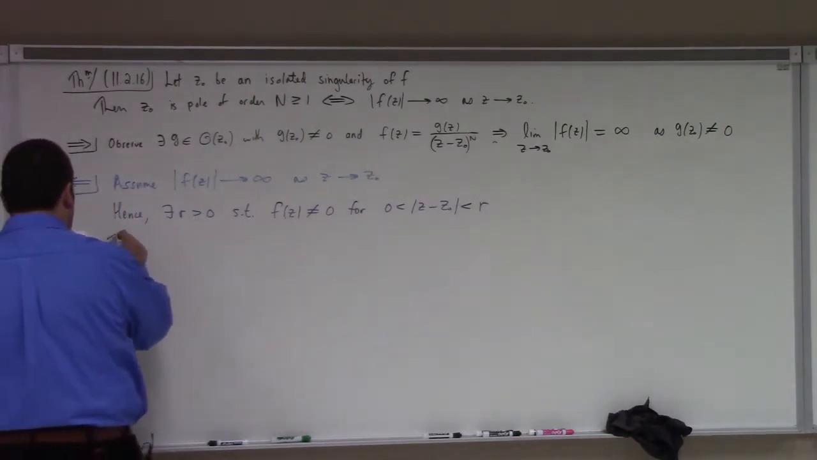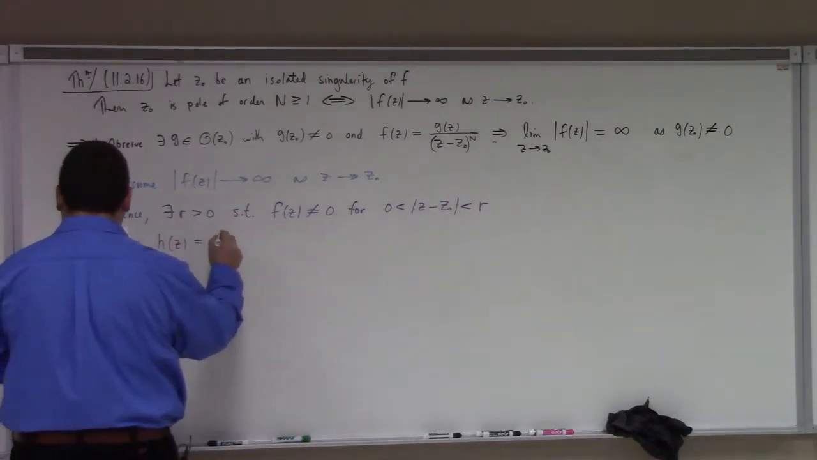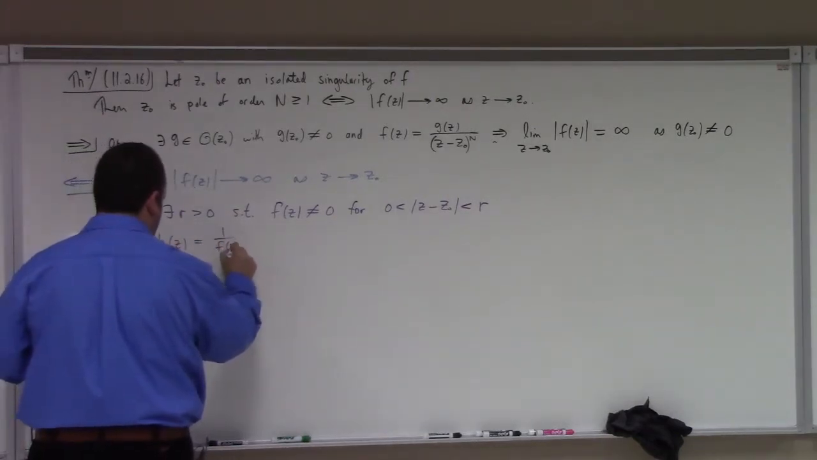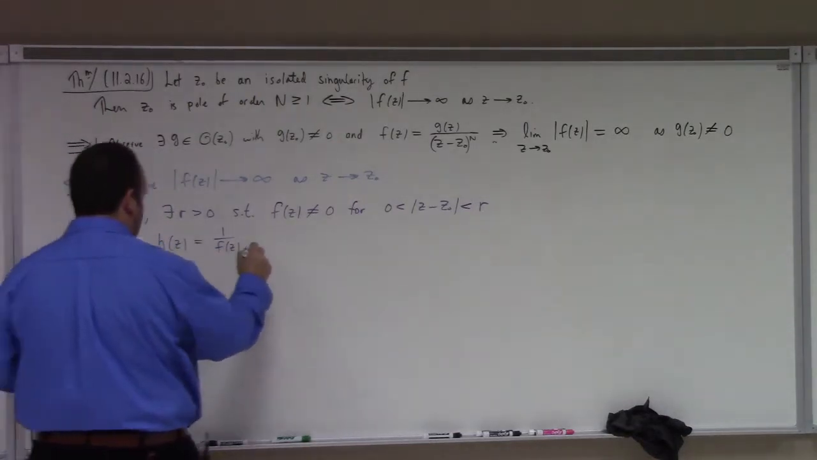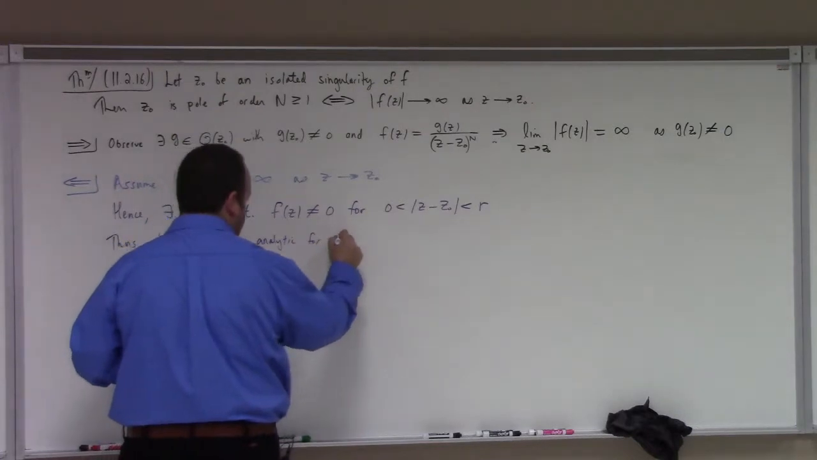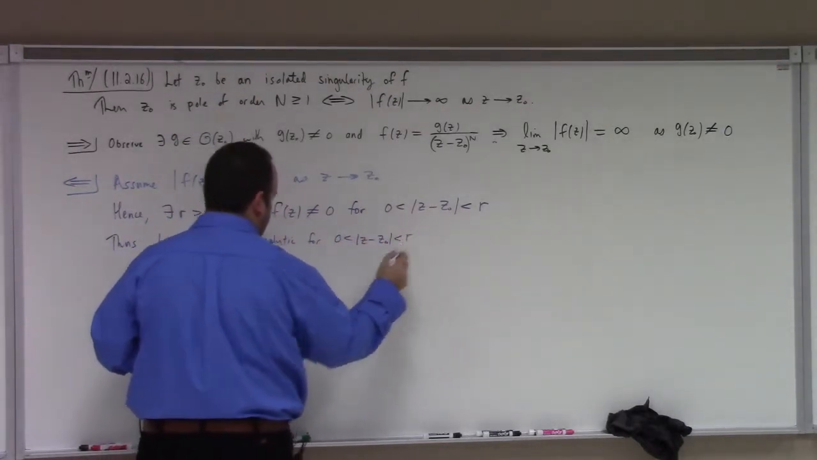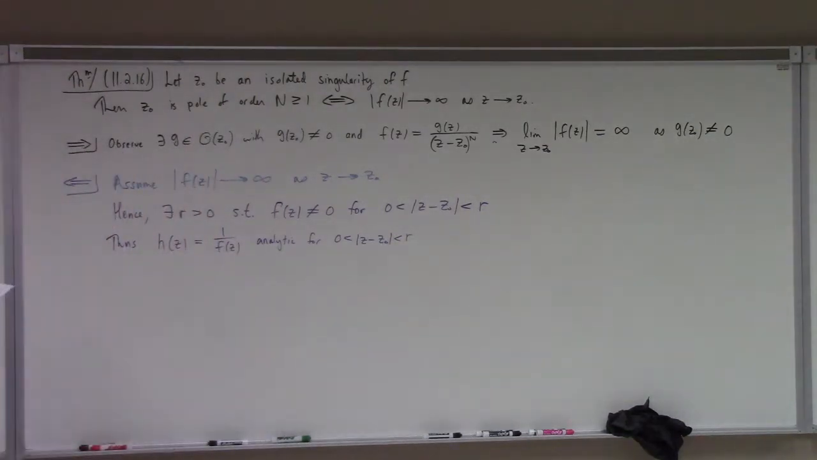Hence, thus, we can construct h of z equals 1 over f of z, right? Which is analytic for that disk of radius r centered at z naught. And moreover,